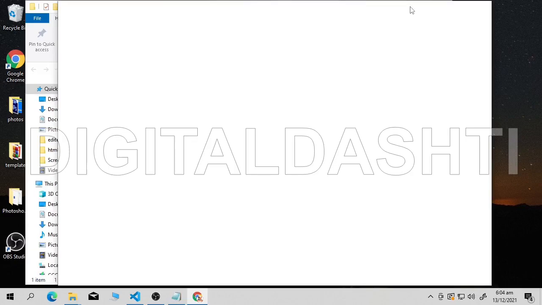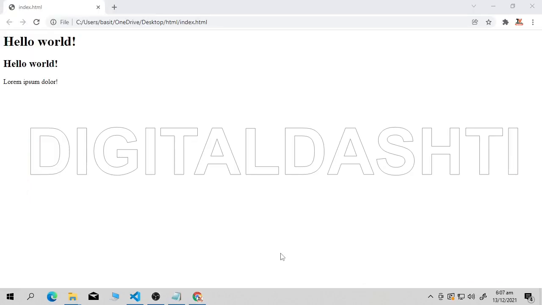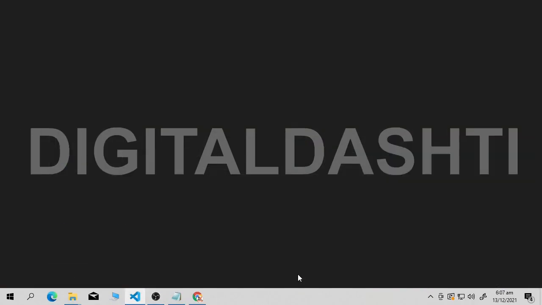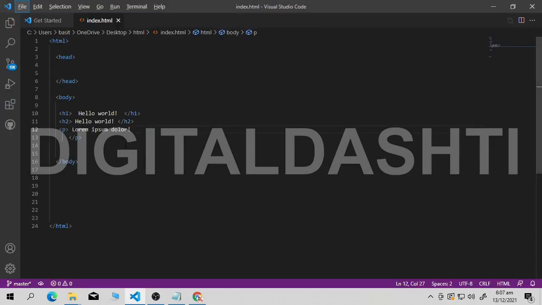Let's see what happens. Alright guys, so as you can see, our text is showing lorem ipsum. It's actually our dummy text. Now what I want to do with this particular text, I will go in my code editor. Okay, wait, as you can see, there is written my lorem ipsum. It's my dummy text. I want to make it bold.